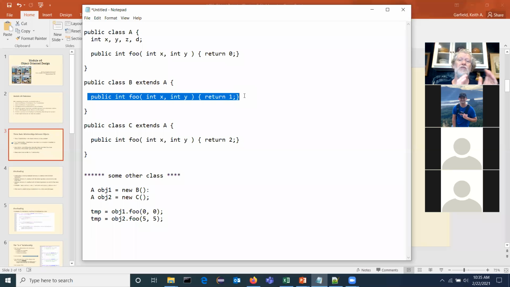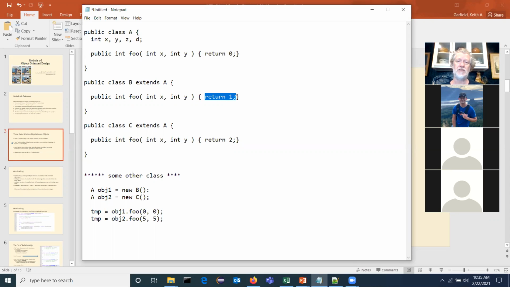What you're primarily going to use here is polymorphism. And why do I call it polymorphism again? Well, look, here's class A. It's got foo with a signature of int, the name foo, and then 2 integers as input. And it's returning 0. And this one in class B has the exact same signature, but I have different code in here.